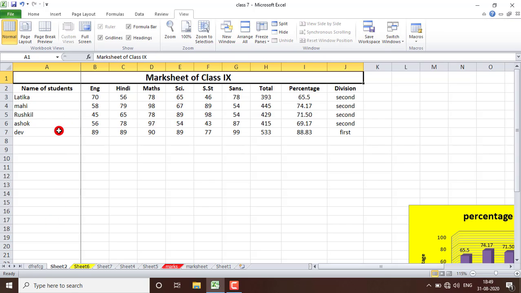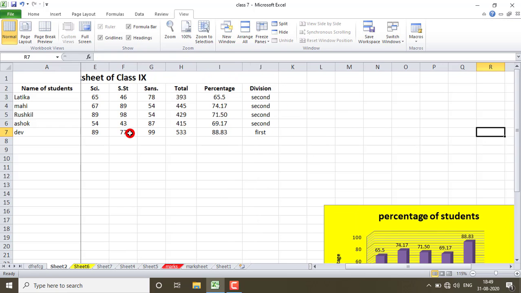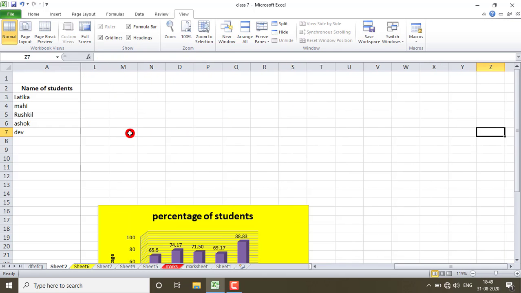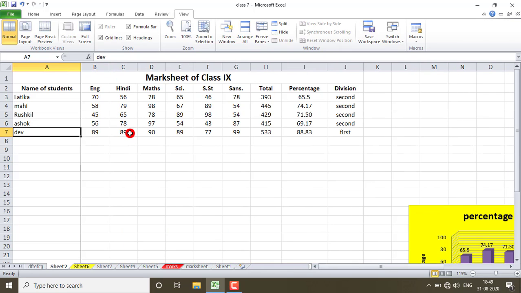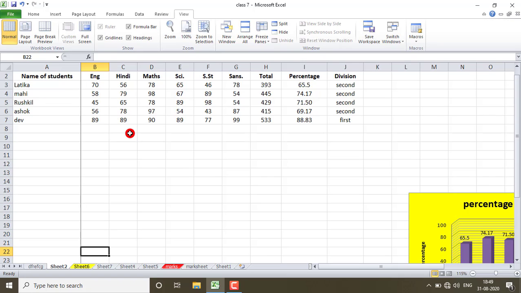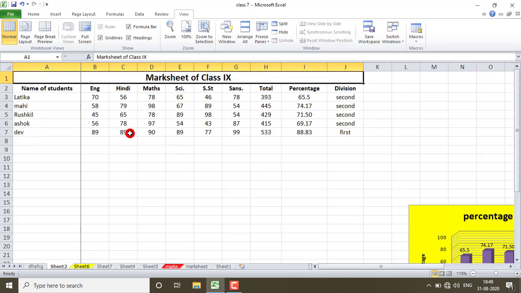Now this column is frozen. It will only help you whenever you move to the right-hand side like this. Look, only the names of students column is fixed, the rest are moving. If you go downwards again, you can see everything is moving because we have frozen the column only. Okay, so this is your freeze pane. This is a very important topic.